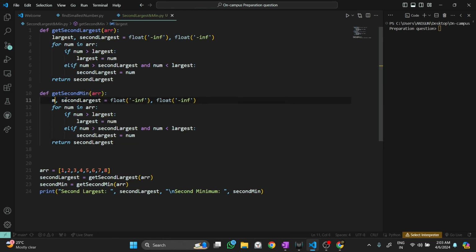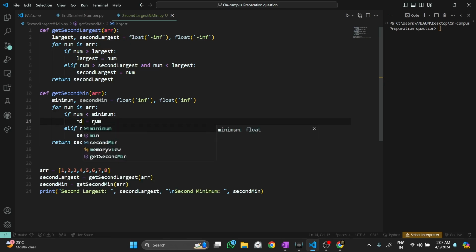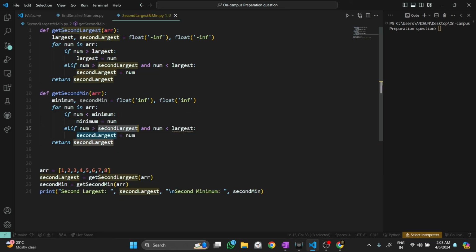Now just copy and paste it down. You just need to reinitialize the variables because this is the minimum case. So just write second minimum, and in this case we need a positive number so that we can compare it to the very small values and fetch the smallest value present in the array. So if the num is less than the minimum that we have stored till now, please update my minimum,